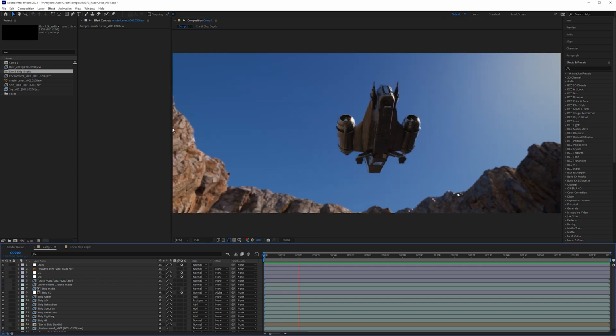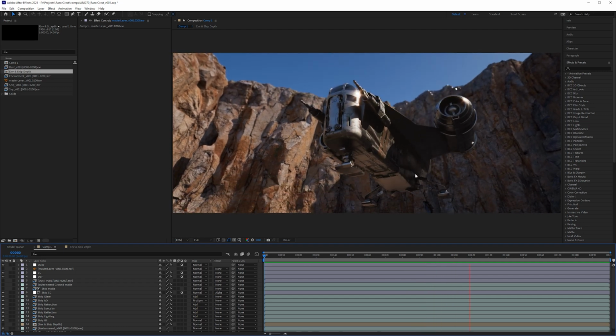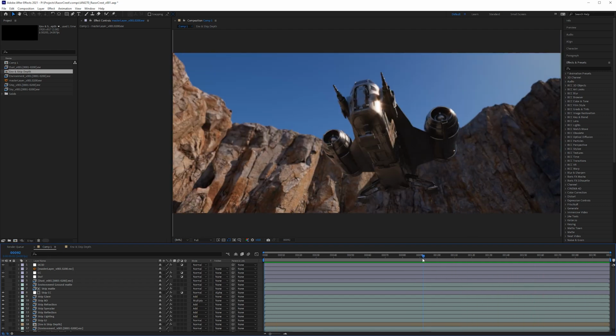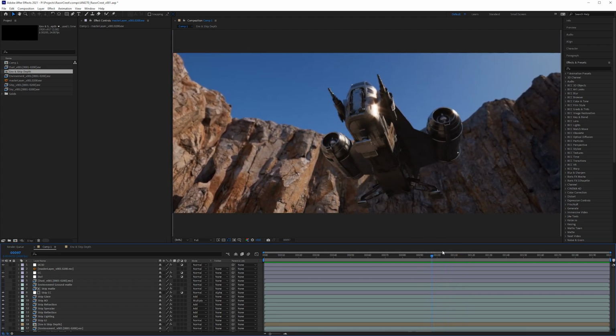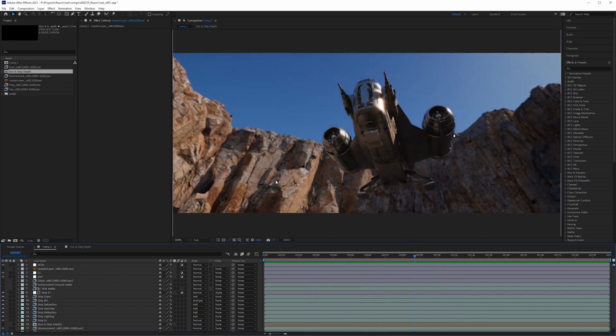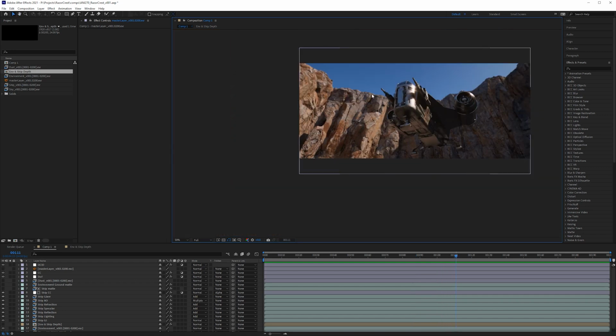So this is the full shot without the dust. So you can see there's like a weird reflection on the bottom of the ship here as we come in. It's like much darker, but there's nothing there to kind of occlude it. I think that's from the dust, so let's not worry about that. Unfortunately for the cliffs here, it is still really grainy, even with that blur defocus on it.